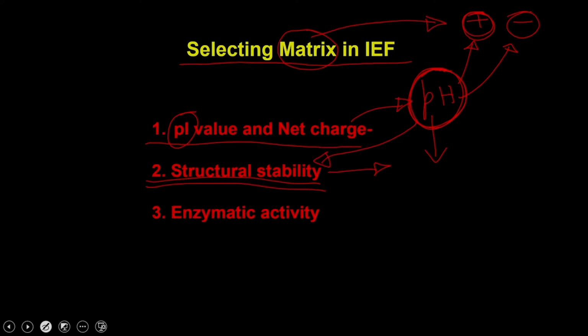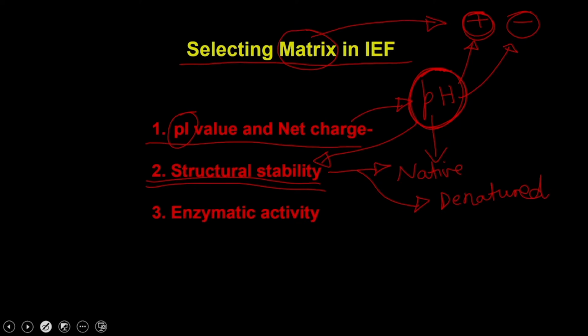If the protein is not structurally stable, it is not going to give you the native protein, then your protein is going to be denatured, and the purification of a denatured protein is not very desirable. Now, once you have decided that the protein has structural stability and is maintaining the native conformation,